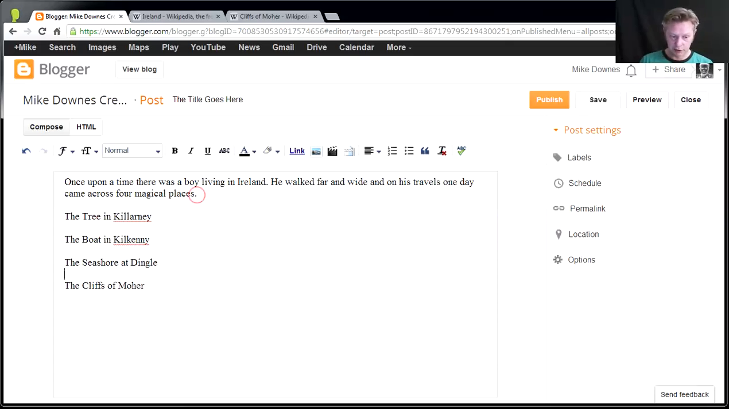So let's move on to the next one. If we did want to say something like the tree in Killarney, I can press bold. I can make that go italic. Now, italics are very interesting because sometimes I find that when you use italics in any writing, it breaks the